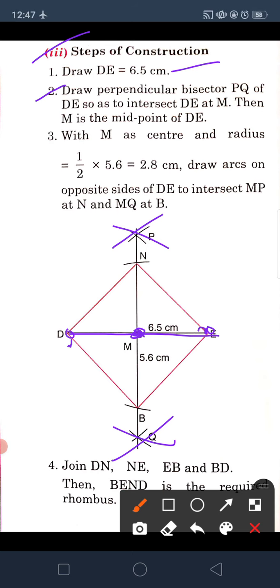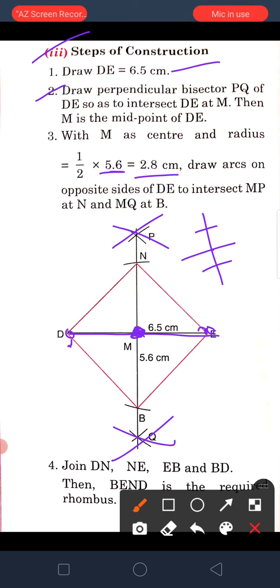So here we take our other diagonal's value, and the other diagonal is BN. So for the point M, we find half of it. As we know, when diagonals intersect each other at a particular point, the distances on both sides are equal. So we take half of the distance. Here we take half of the other diagonal, 5.6, which is 2.8. So we take M as the center and 2.8 centimeters as the radius and draw the arc on both sides